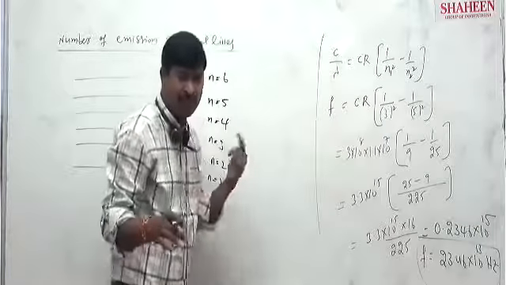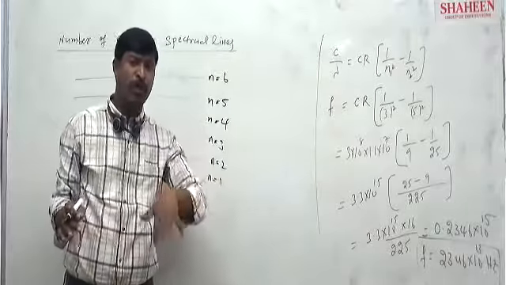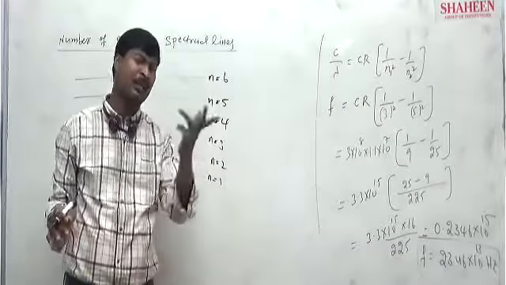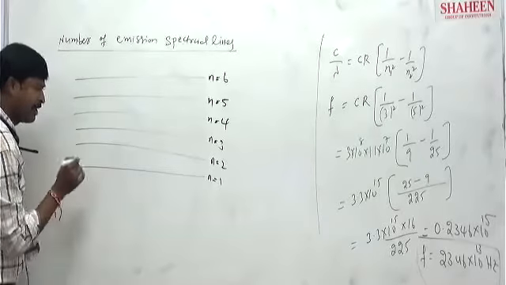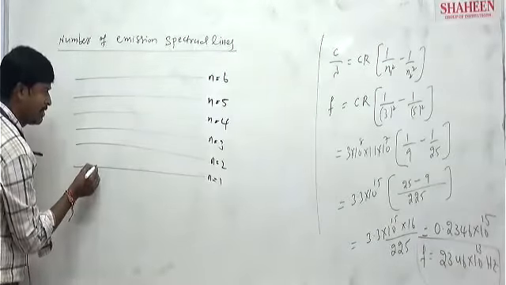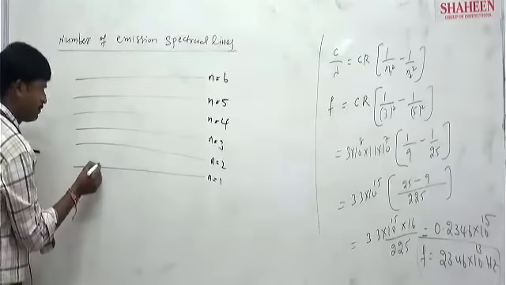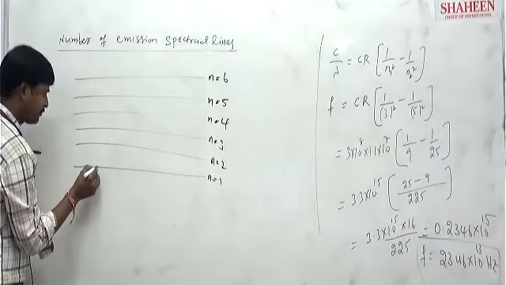So whatever amount of photon energy is absorbed, that absorption spectrum we call. Correct? So by absorbing the energy by electron, let us say it jumps from, let's consider it is,